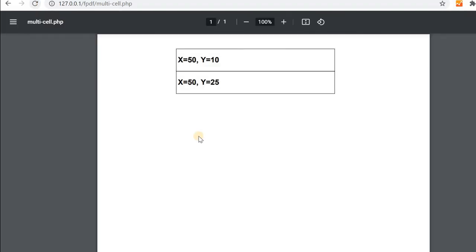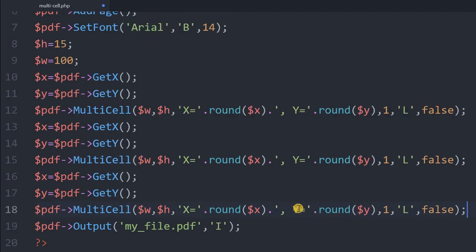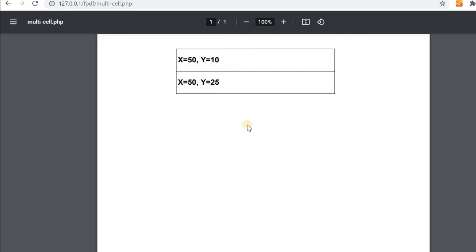You can see how it varies. X is not varying, y has increased by 15. Why is it 15? Because we are giving every multi-cell a height of 15. Now let's further extend it. You can see again it increases by 15, so it's 40 now.